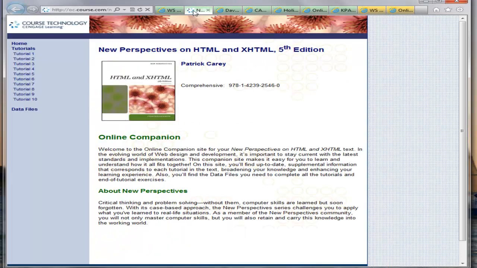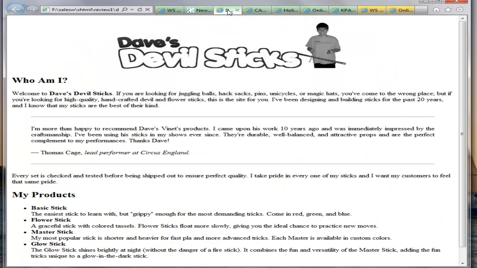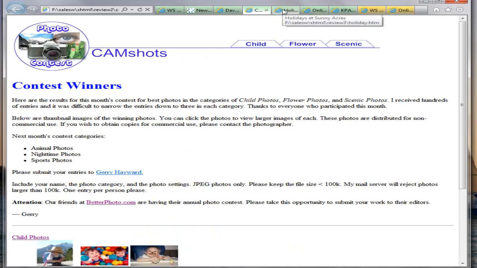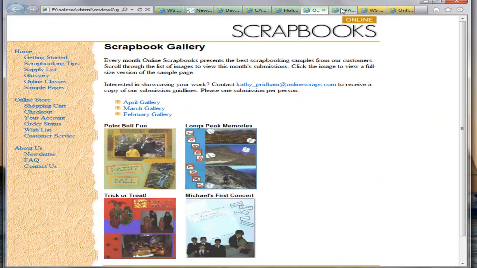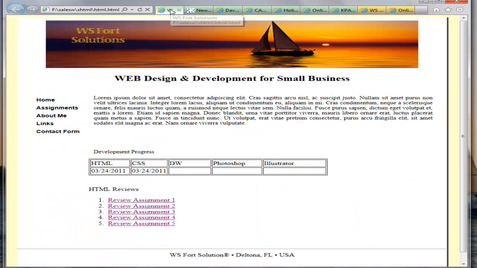I had finished my HTML class on my 5th edition from HTML, that New Perspective book. I understand we already have the 6th edition, so by the time I finished this class, that was the book available. I strongly recommend it, and I was able to follow all the chapters. It was a 12-week class. Every week we had to finish something, and those would be the review that I had to present at the end of the class,